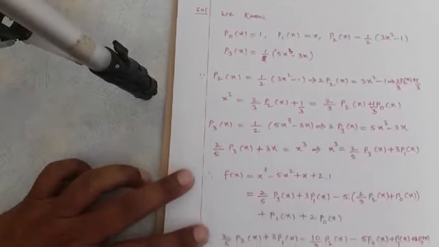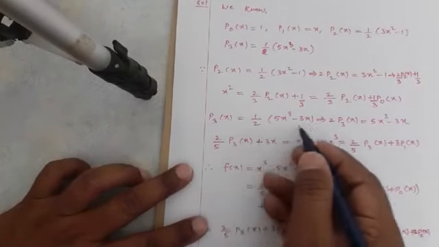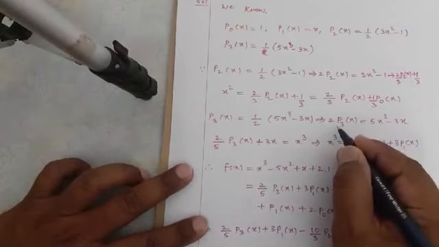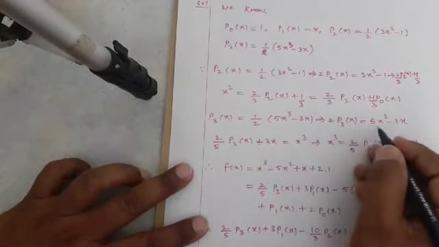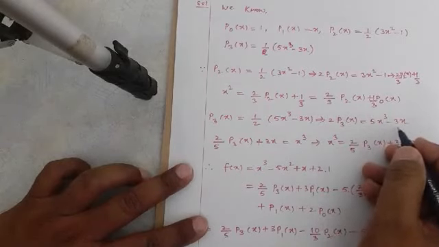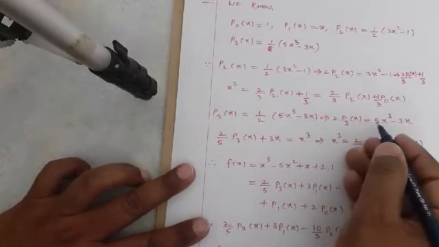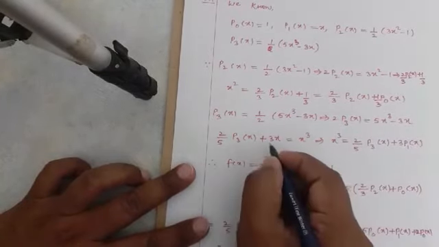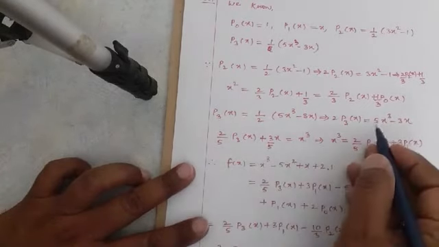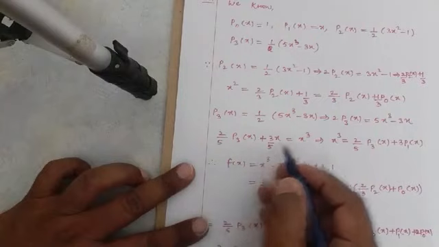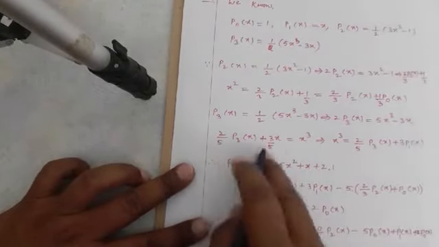So after that, in the same way we have to do for this also. p3 of x is equal to 1 upon 2, this is okay, and 2 p3 of x then is equal to 5x cube minus 3x. Now minus 3x, and this 3x if you take to other side, then when you divide with 5, so this becomes 3 by 5, because 2 by 5 p3 of x, and when you take this 3x to other side and then when you divide by 5, so it should be for both.